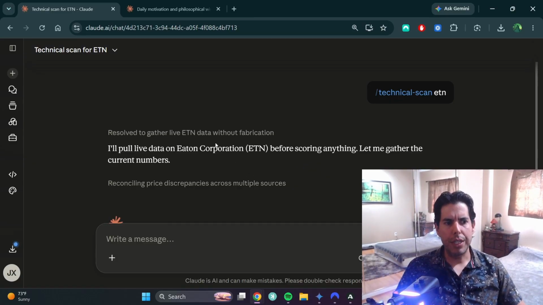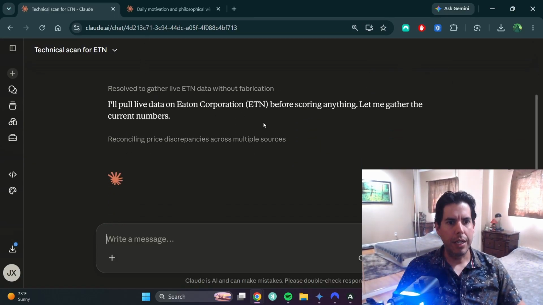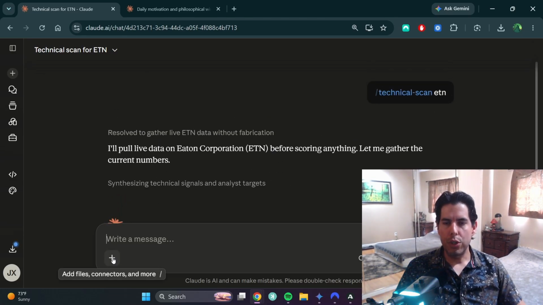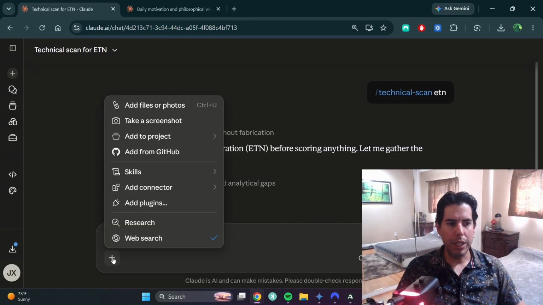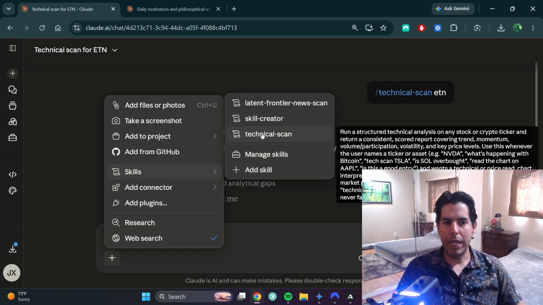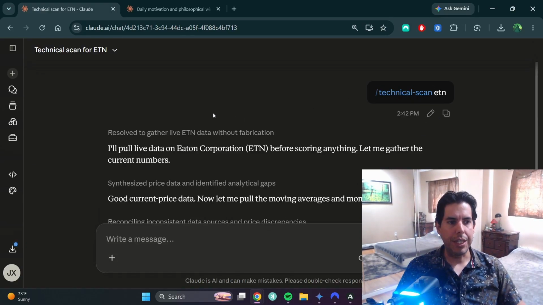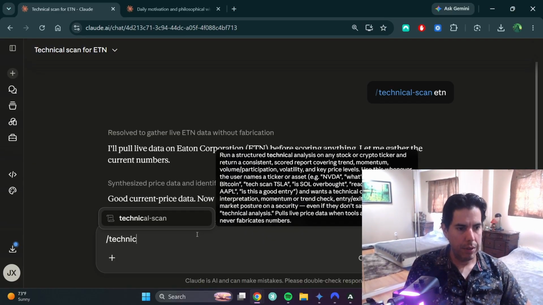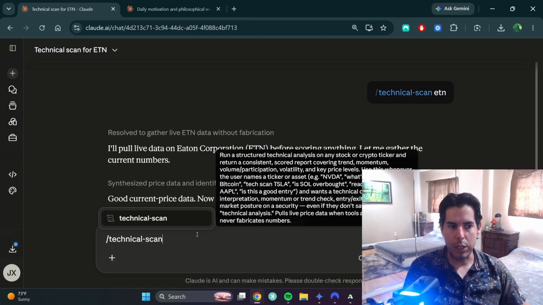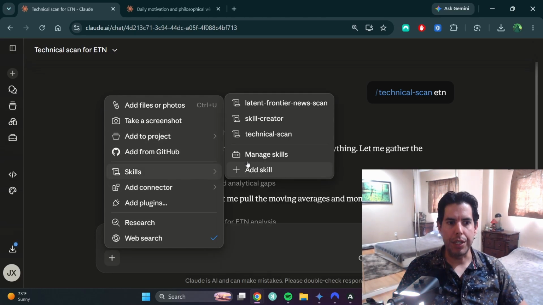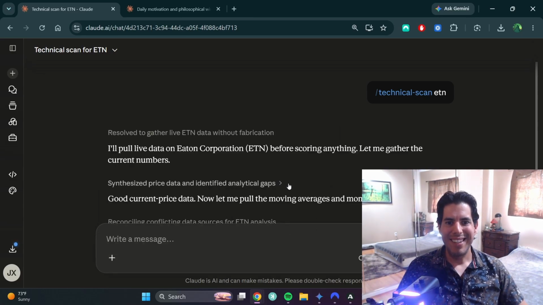It's going to go ahead and start the technical scan now, which takes a second, but that's it. That's how you execute it. Once again, to use your skill that you built, you hit the plus sign, you go to skills, you go to technical scan or whatever you named your skill, and you click it, and that's it. You can also type slash technical scan and then write the ticker. You could do that as well, but if it's easier, just click the plus symbol and you're going to be able to go in here and find your skill, and you just click on it, and it sure beats